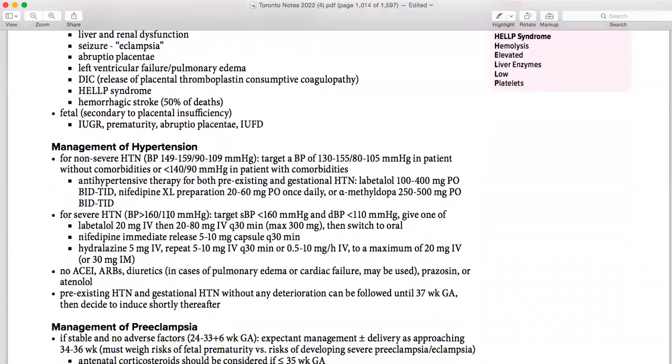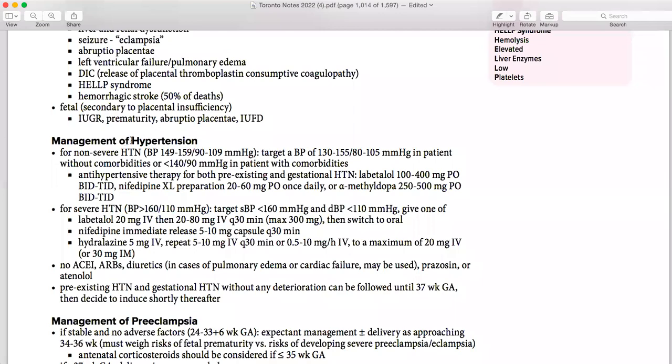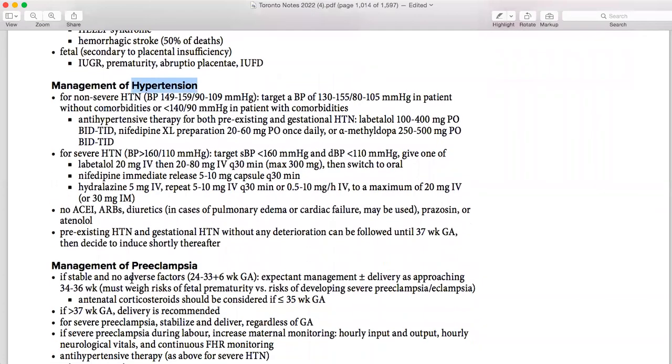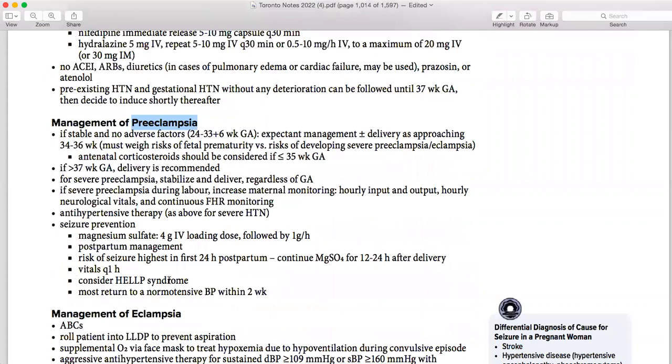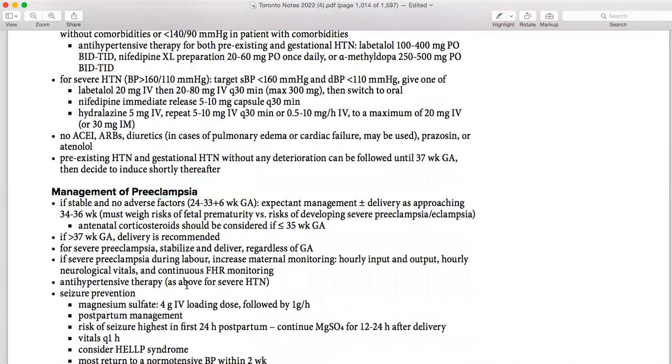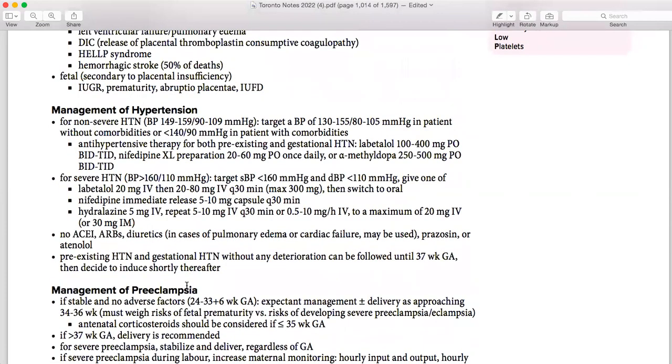Management. Here comes the management. Management of hypertension is different, management of preeclampsia is different, and management of eclampsia is different. So these were the things that were mentioned in the group today, how we are going to approach this. Everything is written in the MCC objectives very nicely. If you click on that, they'll tell you what you need to start, what you need to study, and how